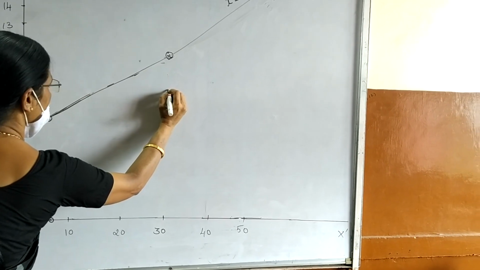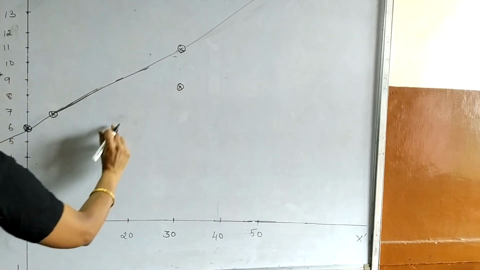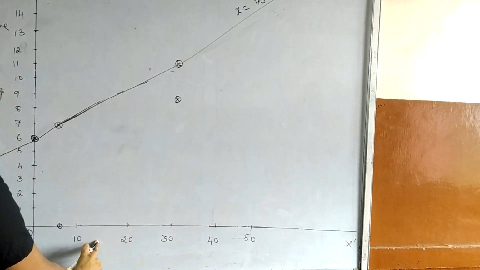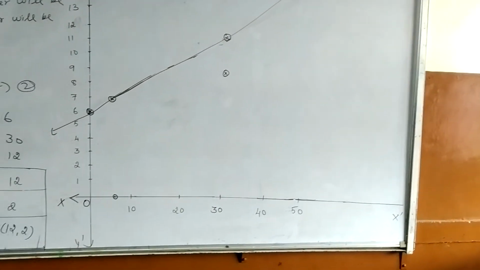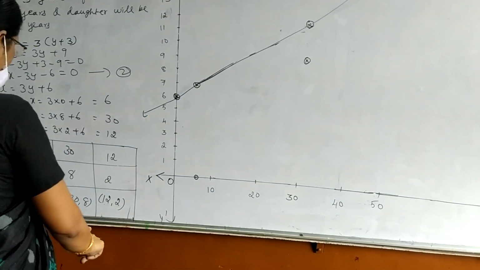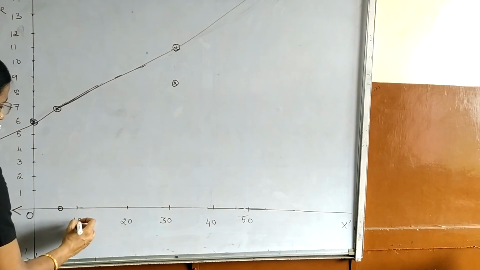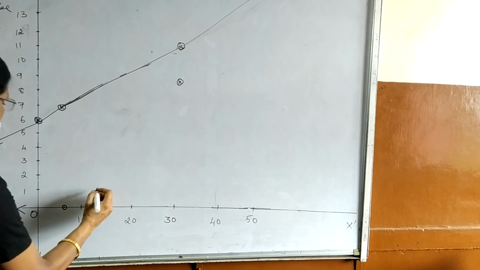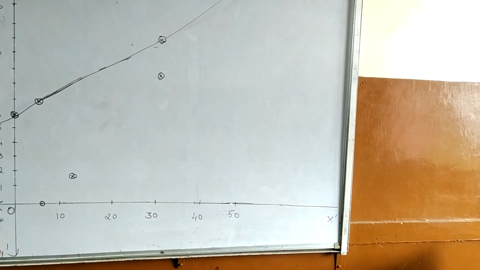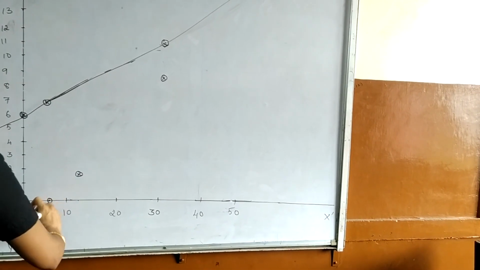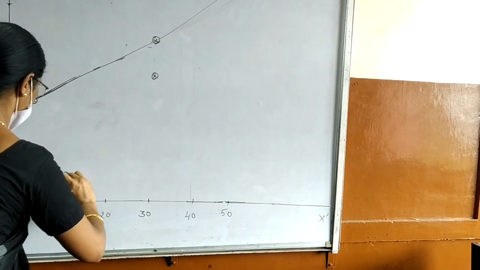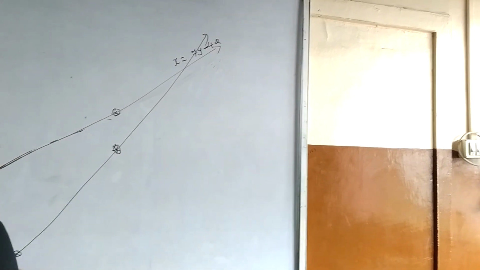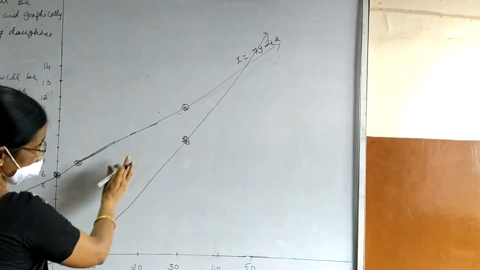Again I tell you, I have not taken exactly the proper scale. So when you do it, you should do according to the blocks and you should use only graph paper. The third pair of points is x is 12 and y is 2. x is 12. 12 is between 10 and 20. So it is the second smaller line after 10 and y is equal to 2. So I draw the second straight line. You can see they intersect at some point.